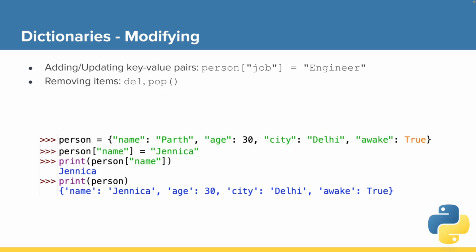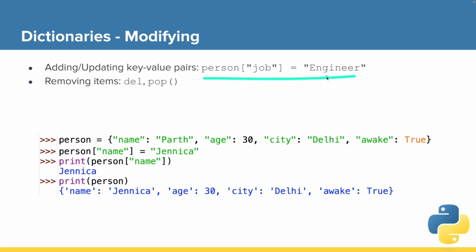Now that we've discussed how to create a dictionary and how to access values from a dictionary, let's talk about modifying dictionaries. We can add or update key value pairs, and we can remove items. Those are our two primary operations with dictionaries. And how we add a new key value pair or modify a key value pair if this job key exists